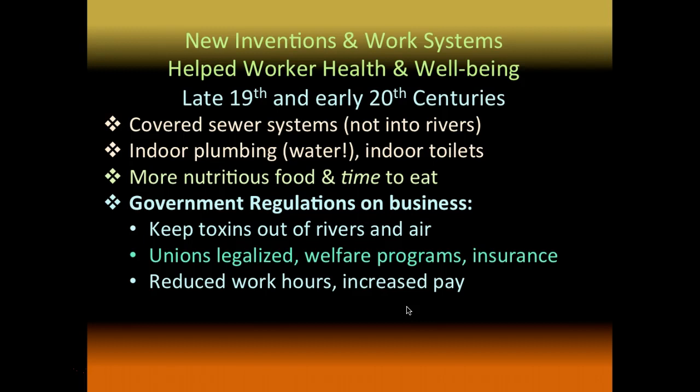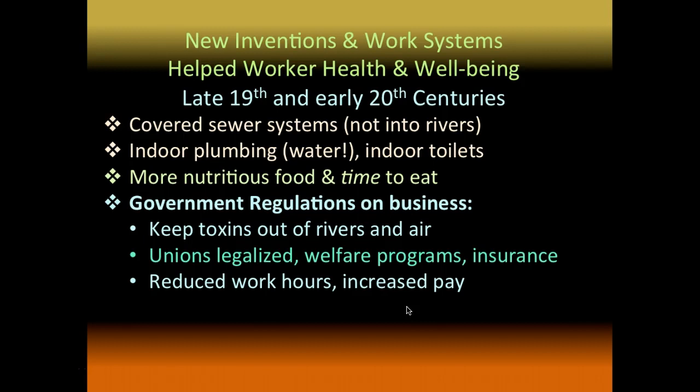Unions were finally legalized, and welfare programs were developed to help people who lost their job or became injured on the job. And insurance was established, both medical and workers' comp insurance. So if you were hurt on the job, the business owner would help you out, and so you wouldn't starve to death and your family wouldn't starve to death. How interesting. This is something I think we generally take for granted if we have full-time jobs with insurance. And even part-time work, you're still covered based on workers' comp. Business owners have to pay for that.